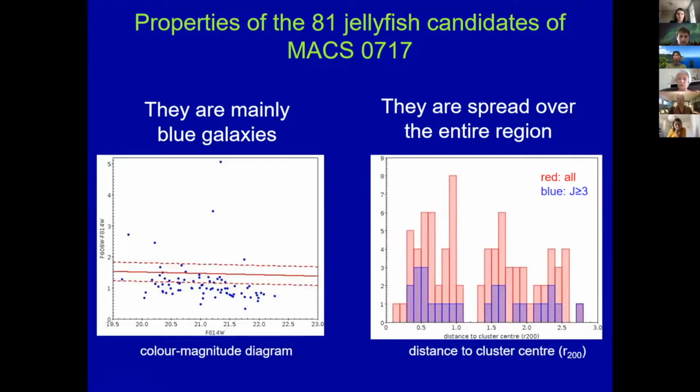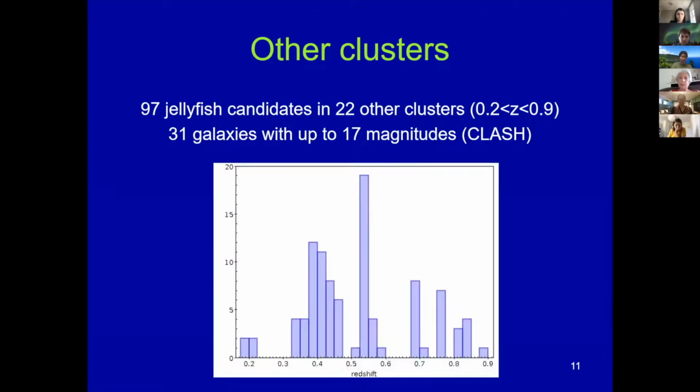In red, you have all the jellyfish candidates, that is the 81 galaxies. And in blue, you have the jellyfish galaxies with J class of at least 3, that is the most probable jellyfish galaxies. For the other clusters, we found 97 jellyfish candidates in 22 other clusters. That means that out of the 40 clusters, there were a number of clusters where we found no jellyfish candidate. And out of those, we have 31 galaxies that come from the CLASH survey and which have up to 17